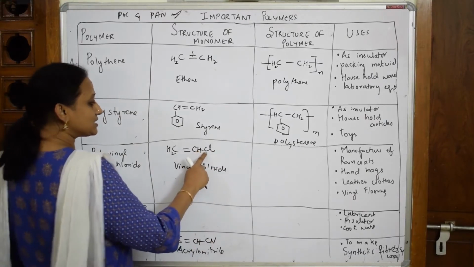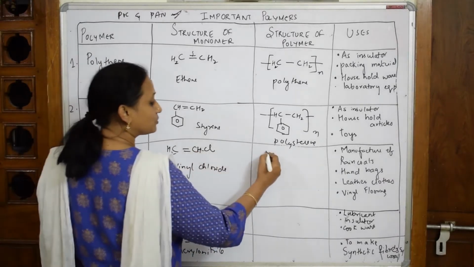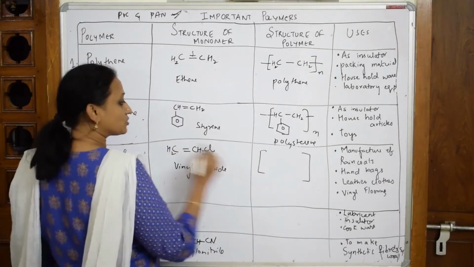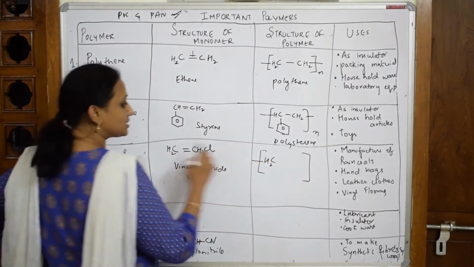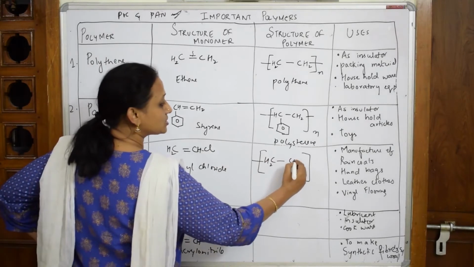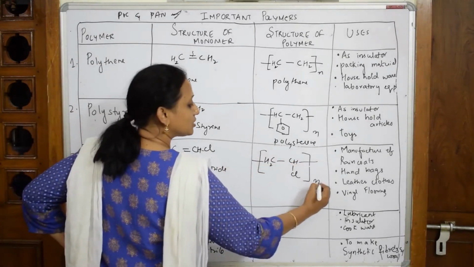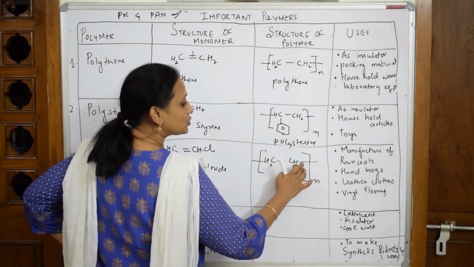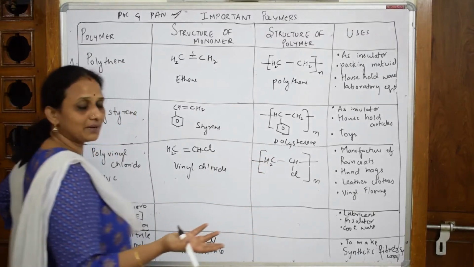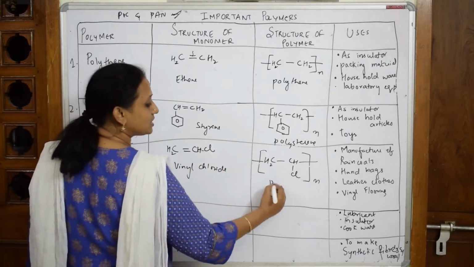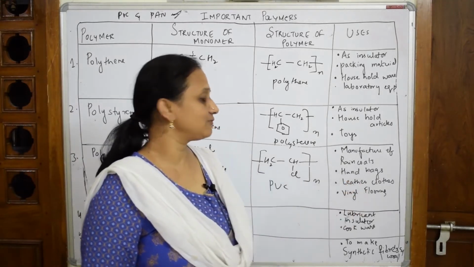This is going to break. See, always you're linking or continuing the chain from hydrogen. Put a square bracket in this way. Now CH2, done. The chain is continuing. There is a single bond and your CH is here, and drop the Cl down. And this chain continues here. Now see, for this carbon 1, 2, 3, 4. For this carbon 2, 3, 4. All are balanced. So this is called PVC, polyvinyl chloride, which is used for making raincoats, vinyl flooring, leather clothes